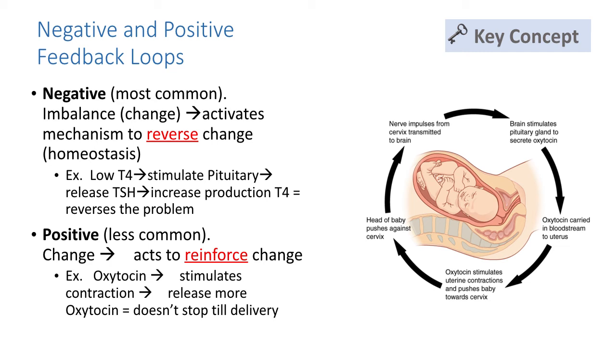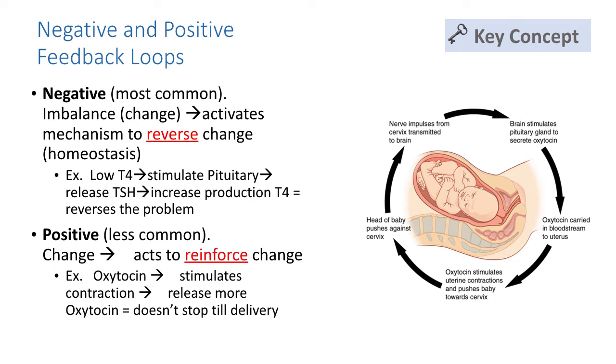All right, so negative and positive feedback loops, this should look a little bit familiar to you. We did cover this, but this is everything to do with the endocrine system as well. So negative feedback loop, again, is our most common type of feedback loop. Positive is far less common, and really the only good example in the body of a positive feedback loop is